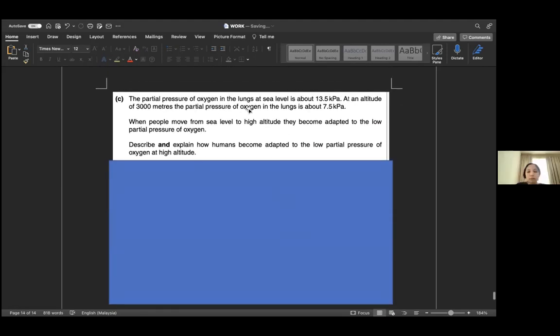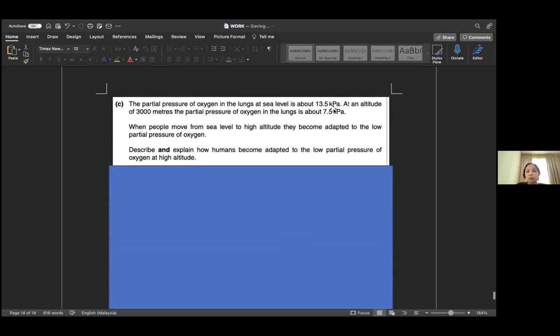C, the partial pressure of oxygen in the lungs at sea level is about 13.5 kilopascal, at an altitude of 3,000